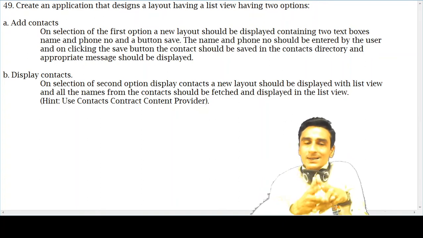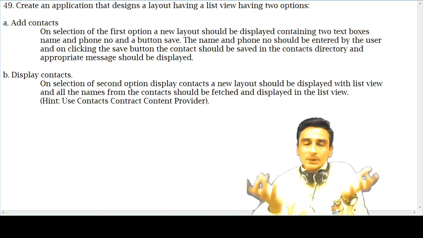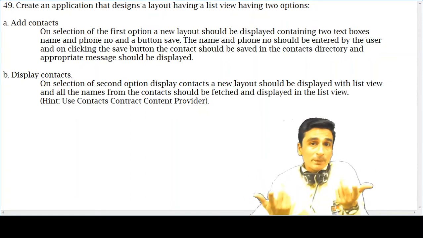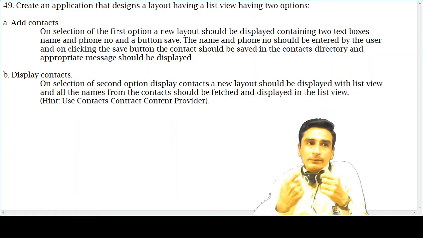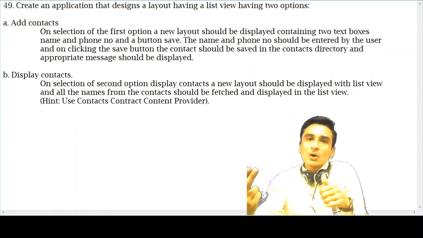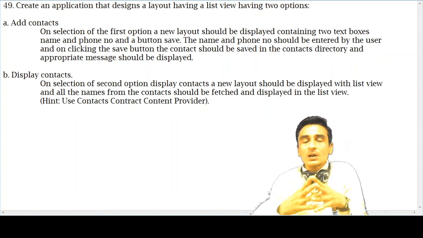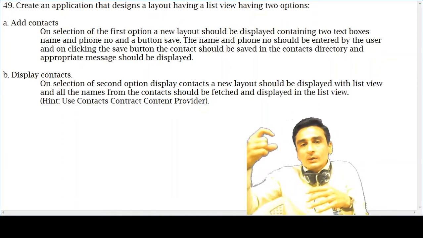By using the intent in such a manner, the native contact application of the device will be opened, and the name and the phone number of the contact, which we have passed to the intent as extra pieces of information, will be already shown there.